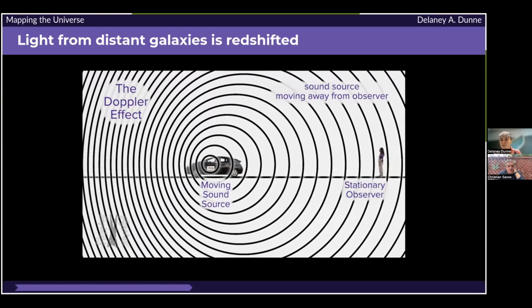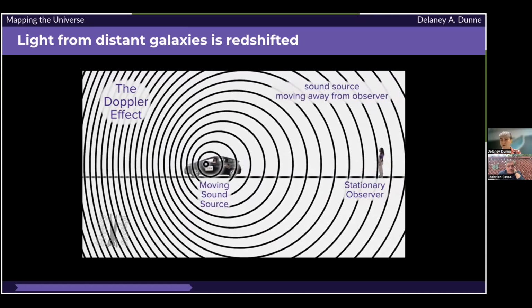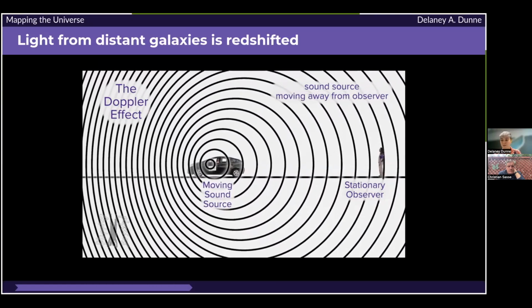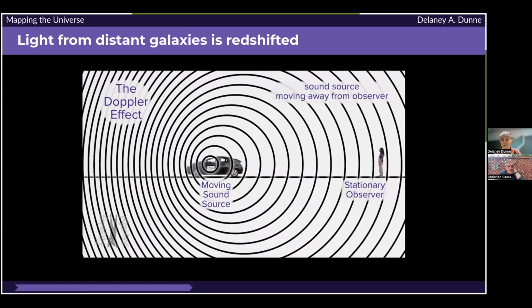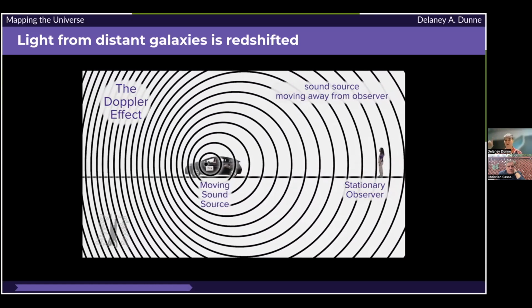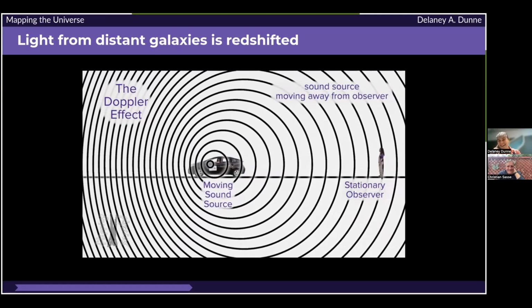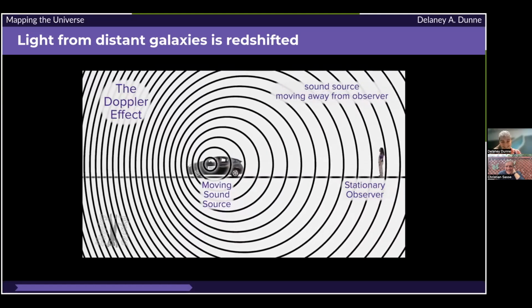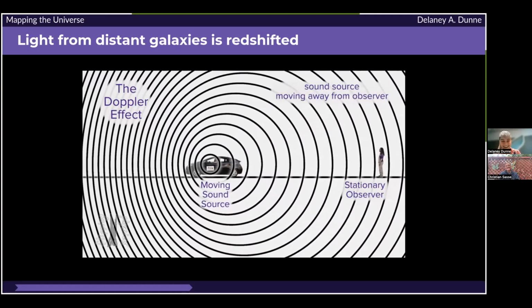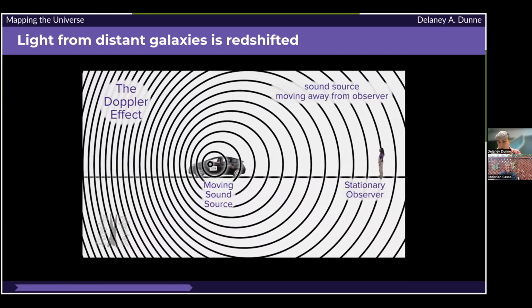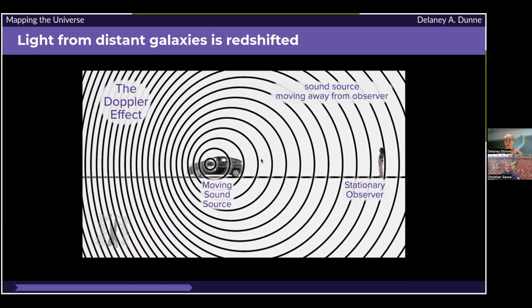And in order to use this as a tool, we need to use something called the Doppler shift. So people stood outside and had like an emergency vehicle go by them, and it sort of goes, whoo! Every time I explain that, I think I'm not going to do the sound, and then I have to do the sound. But this is a diagram of this. So sound is a wave, just like light is a wave. And if you are standing